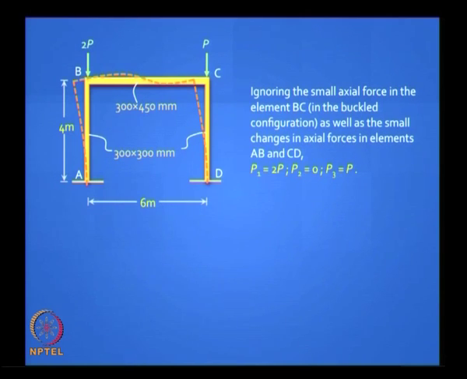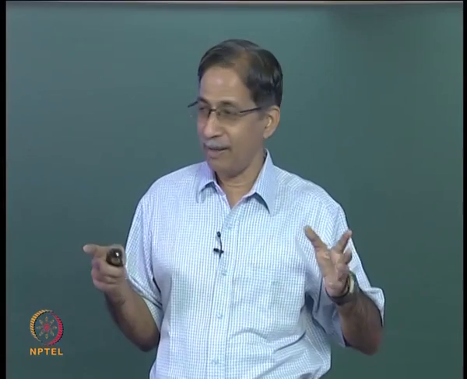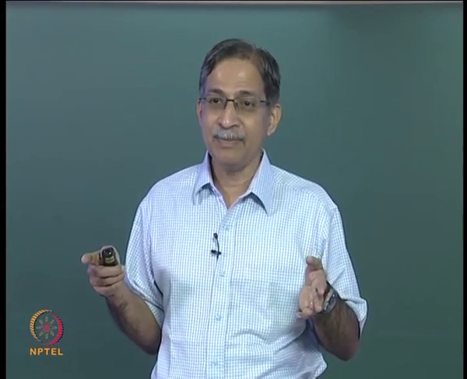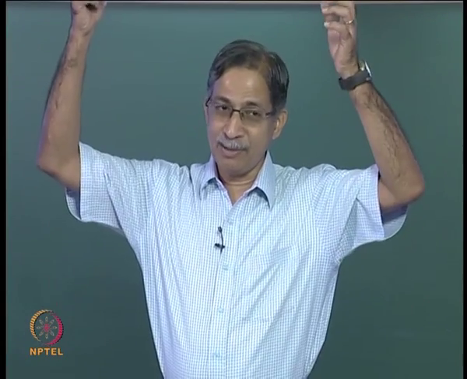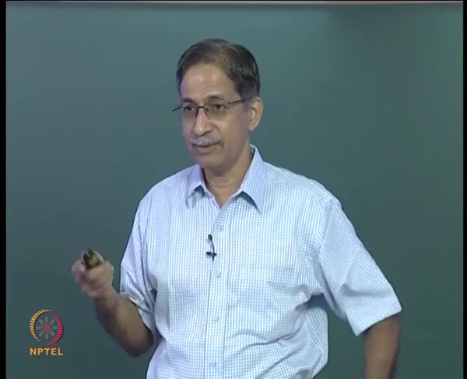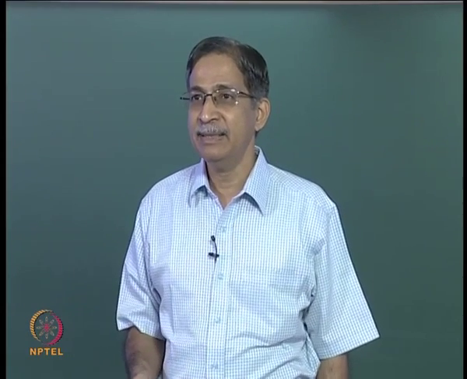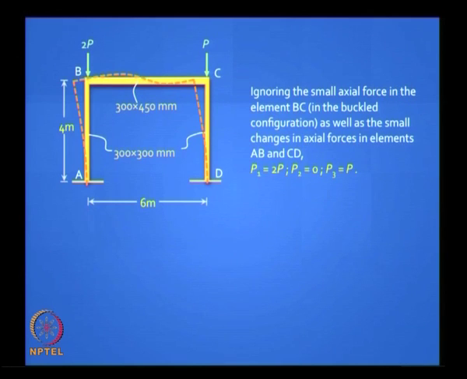So this is one convenient assumption we always do in beam columns. You worry about the effect of axial load only when the axial load is significant. If it's very small, so in beams we usually ignore it, in columns you have to. Now for example here that 2P can come from the floors. Let's say this is a 20-storied building and I'm trying to simulate the lowermost story, then that's the weight of all the floors coming from above. Is it clear? So these are the kind of physical meanings you can have. So we are saying P1 is 2P, P2 is 0 and P3 is P.